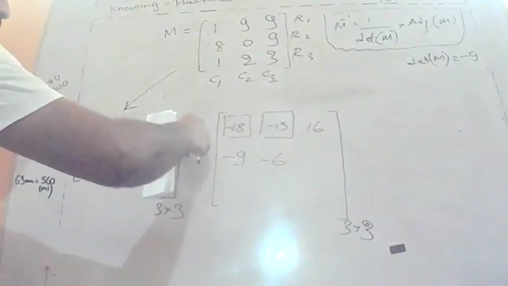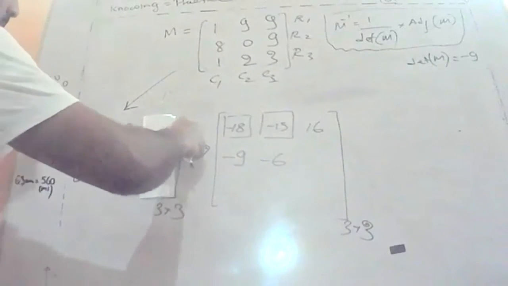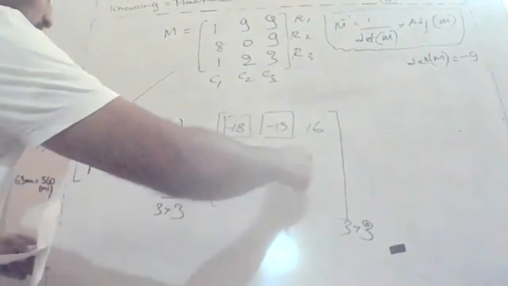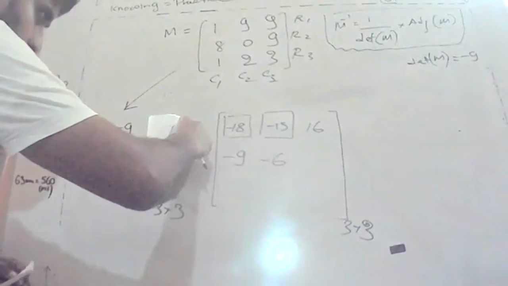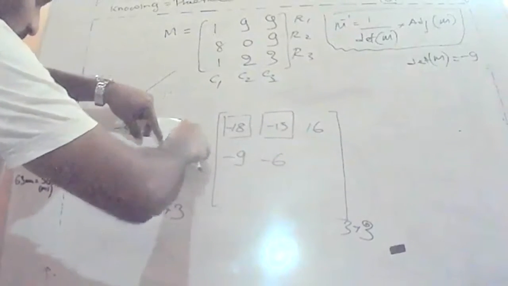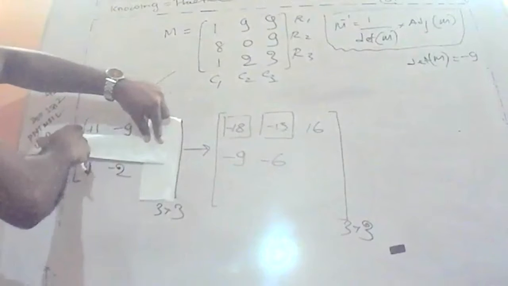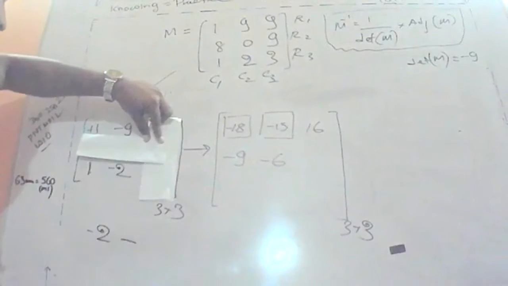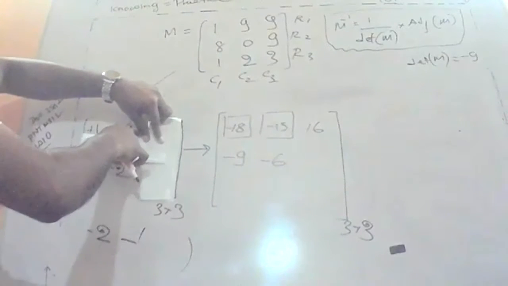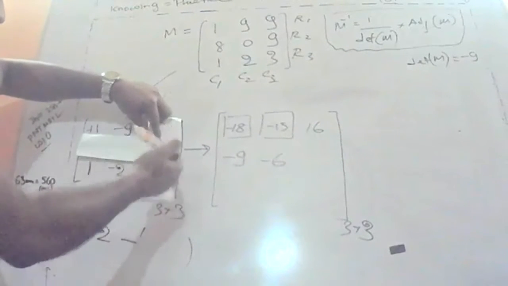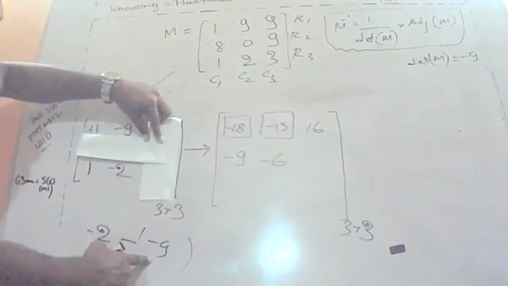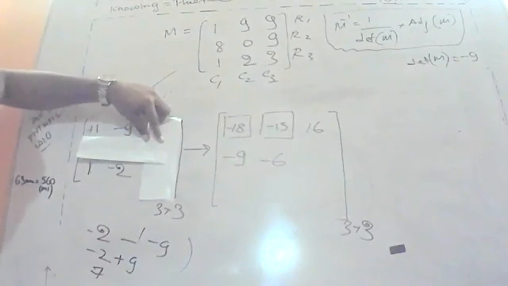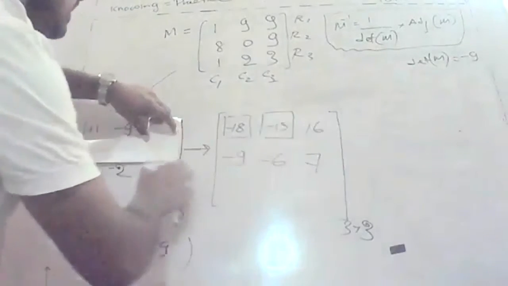Cover the column that belongs to that element, and cover the row that belongs to that element. What is the row that belongs to this element? So this is the element we want to find. This is the column and this is the row. Be very careful. So what you have to do? This into this, positive 1 into negative 2, that is negative 2. Minus 1 into negative 9. What is 1 into negative 9? Negative 9. Minus to minus is positive, then minus 2 plus 9 is how much? Positive 7. So positive 7 is the answer according to that.